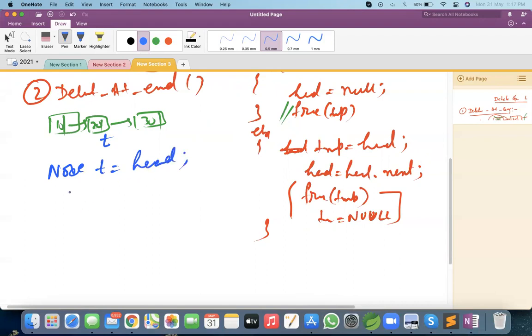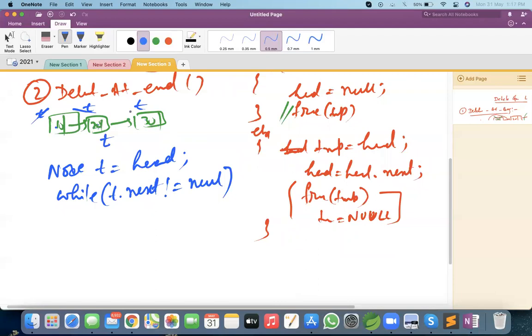Now while t.next not equal to null. See, t is starting from here. Is t.next null? No, so t will move here. Then is 20.next equal to null? No, then t will move here. t.next not equal to null? It is null.